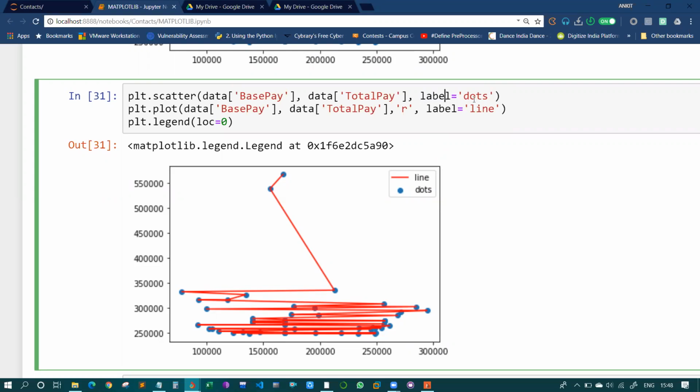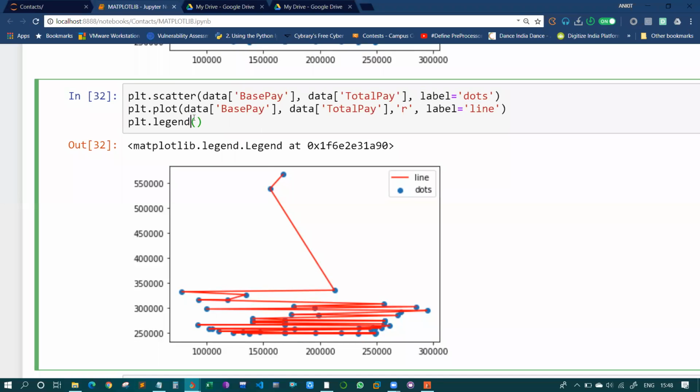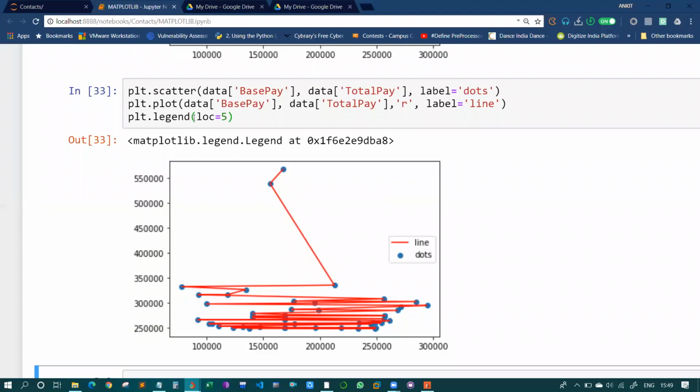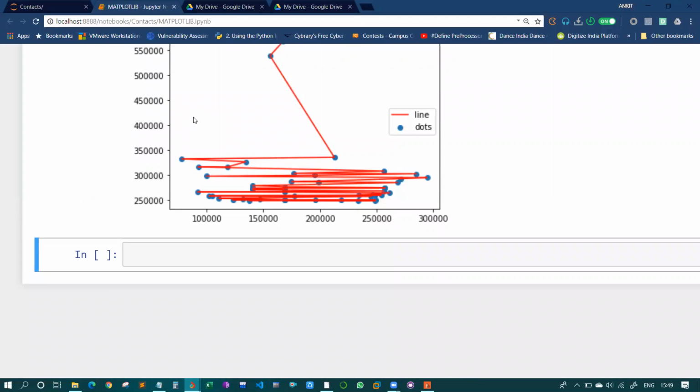Otherwise, it won't work. Then you can change the location as you want, or if you don't specify the location, it will take one location by default. If you need to change it, just specify any value between 0 to 10. So loc equals, let's say, 5. Okay, so we have worked with labels.